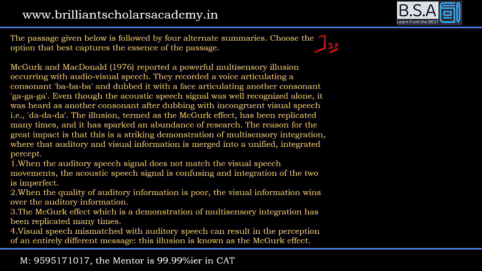Typically speaking, one paragraph is usually 80 to 120 words. You need to capture the meaning, the essence of that passage in maybe 30 to 40 words. That is 1 to 2 sentences. So comment your answer. I will read everything. I'll explain everything. I'll try to reach an answer for you.